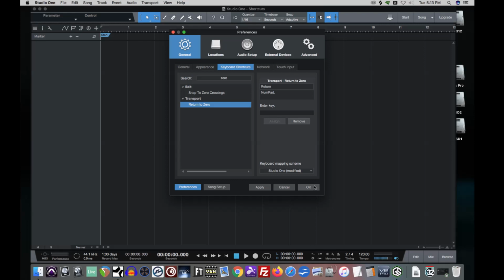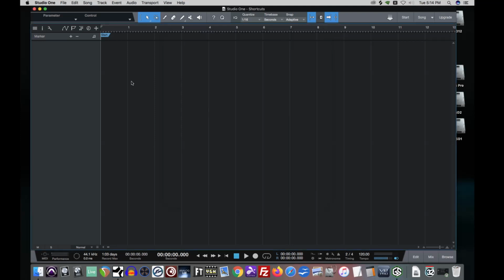What if you've just mangled your shortcuts through customization to where you can't follow any tutorials anymore, or someone else needs to engineer a session on your desk and they're used to the default shortcuts? What if someone has really gone to town and just made it their own, which is, of course, your prerogative to do so when it's your software. But how do we get around that when another body is at the desk who wants to use the default